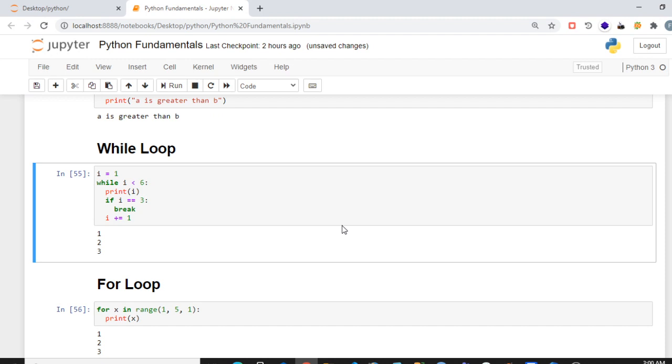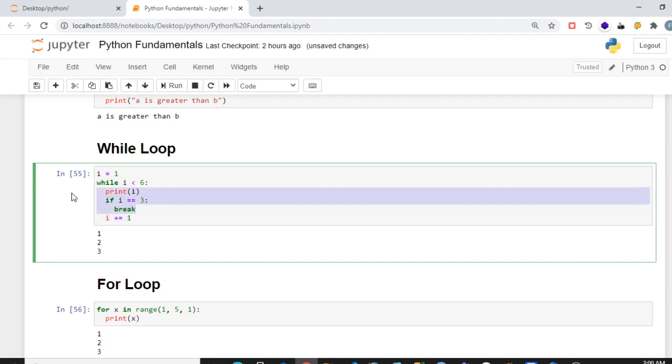Then the while loop. I have initialized a variable i equals 1, and then I have compared while i is less than 6 colon, and all this is in the loop.